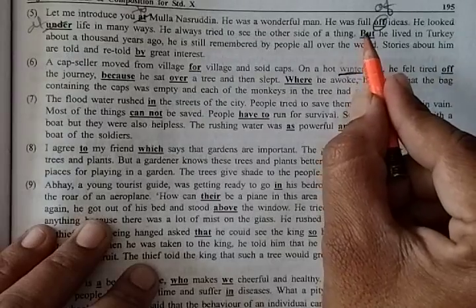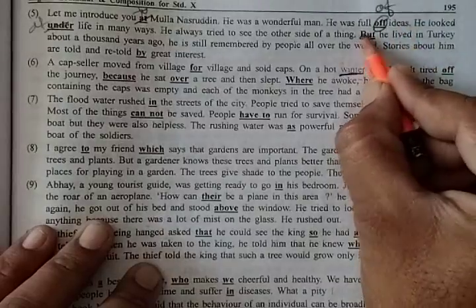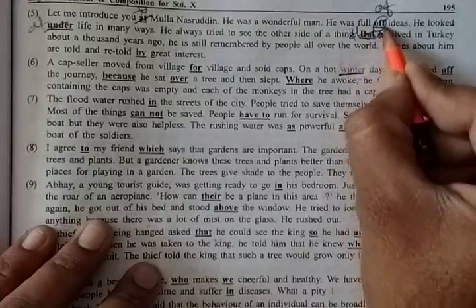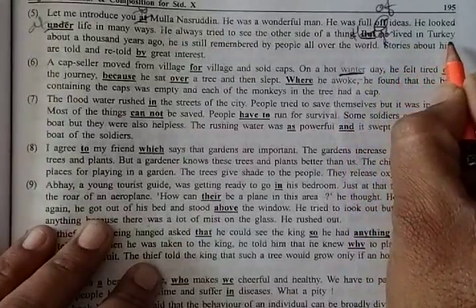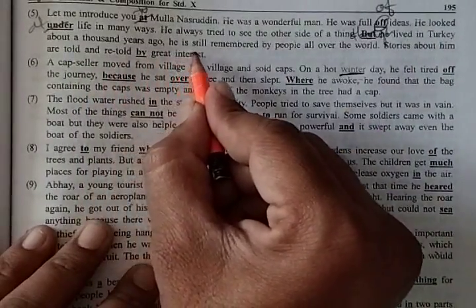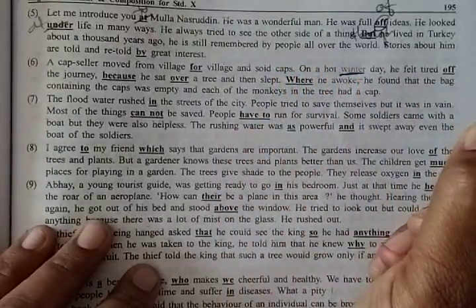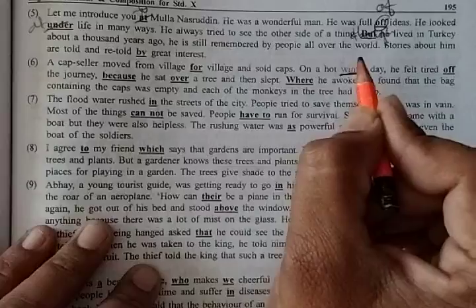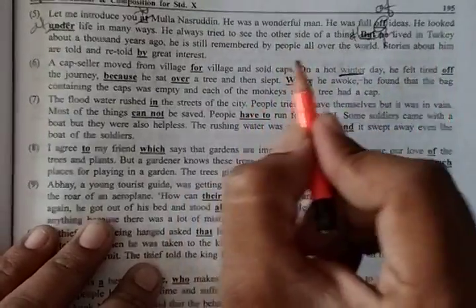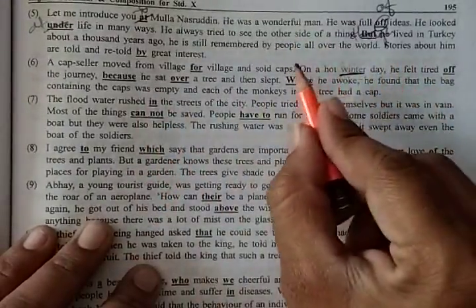Suppose you have to utilize the meaning of but, you use though. Though he lived in Turkey about 1,000 years ago, he is still remembered by people all over the world. कभी कभी आपको ग्रामर में आएगा यूज दो, तो वहाँ बट दिया होगा, तो बट बीच में होता है, बट को दूर करके वहाँ कॉमा रखते हैं और स्टार्ट में ही हम दो रख देते हैं. Now next,